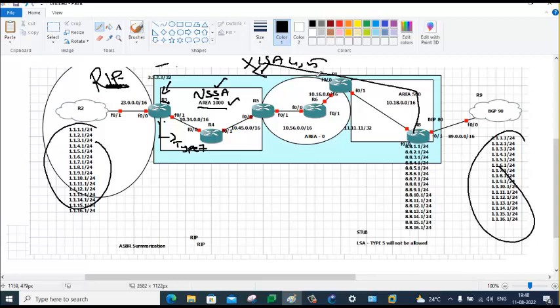Your aim in making area 1000 a not so stub area is you want to use the local ASBR instead of the ASBR that is there in area 500. You do not want to send any traffic to BGP's